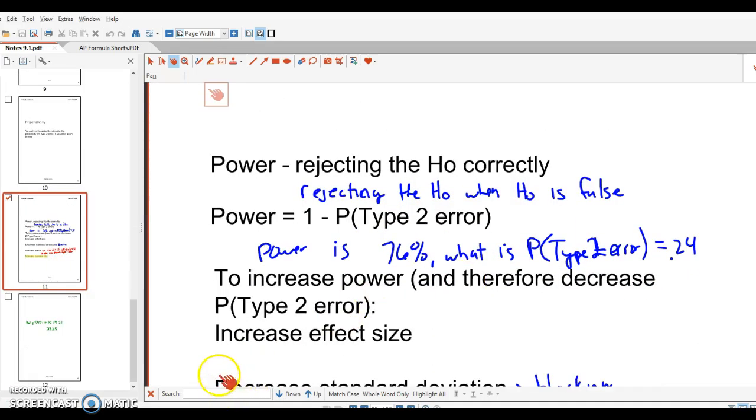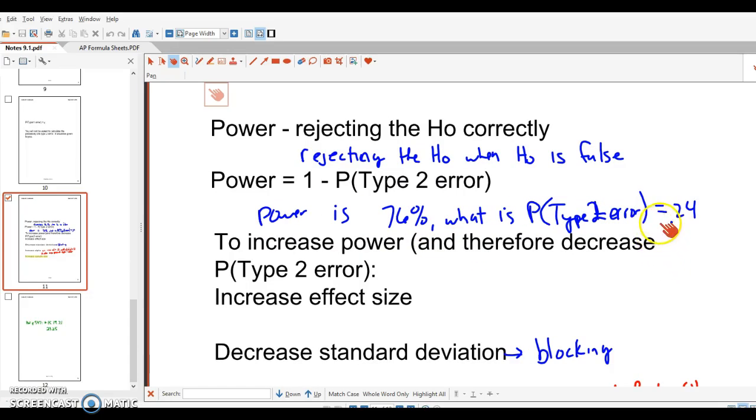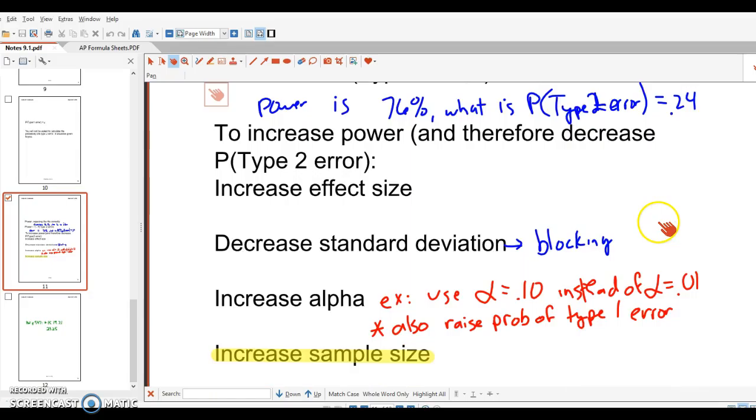One other thing you do need to know in this section is the relationship between power, which is rejecting the null correctly, and type 2 error, and that is that they are complements. So know that if I am given one, I can take 1 minus that value to get to the other. So if I say the power is 76%, and really generally 70 plus is considered good, then I can say type 2 error is 24%. Or if power is only 20%, then type 2 error is 80%. To increase power, we can either increase alpha